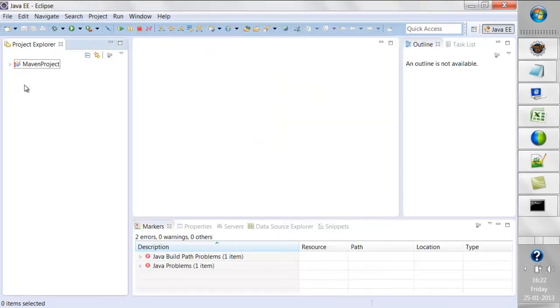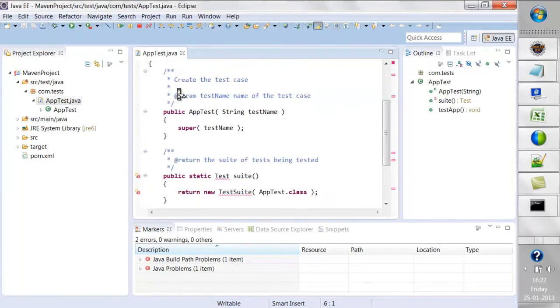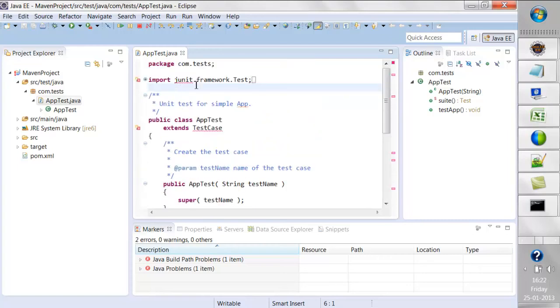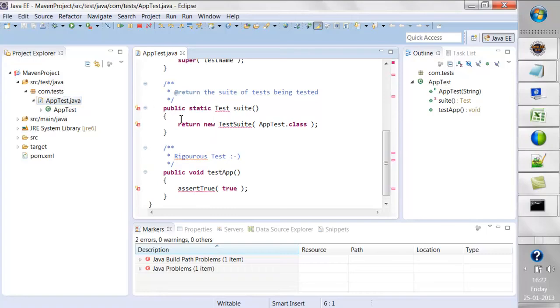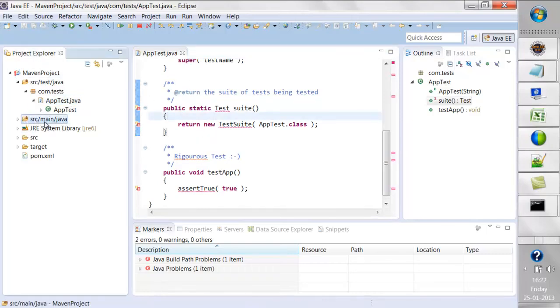So now you can see the project has been imported and there are two folders that have been created. One is your test folder, the other one is the main folder. This test folder is the one in which you will be working. By default there is a class file that has already been implemented. This is a demo file, so you do not need to take a look at it. We'll be removing this one, and this is the main folder in which developers work, so you do not